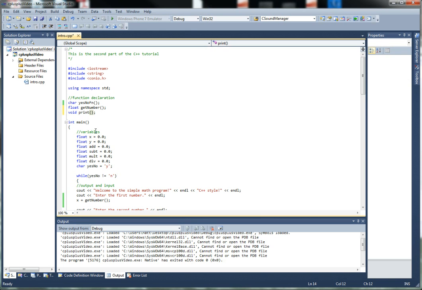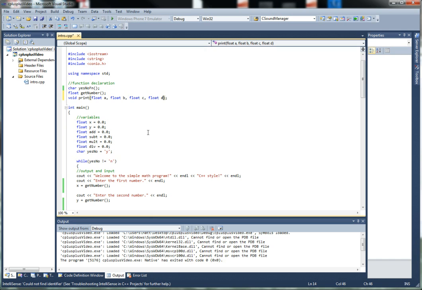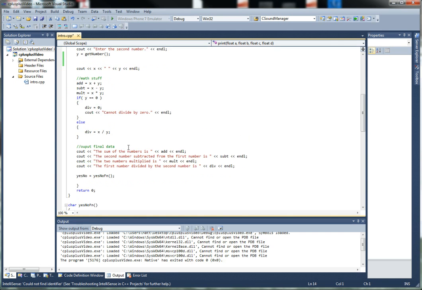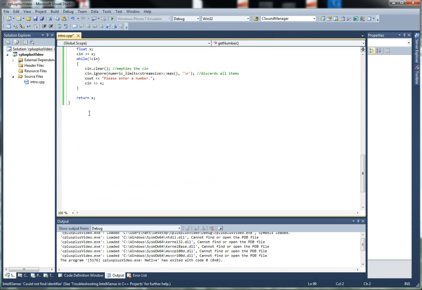So at this point it doesn't matter what we name them, so we will call them float A, float B, C, and D. Now we'll copy this, go down to the bottom, make sure we're again out of any other functions, add our curly braces,